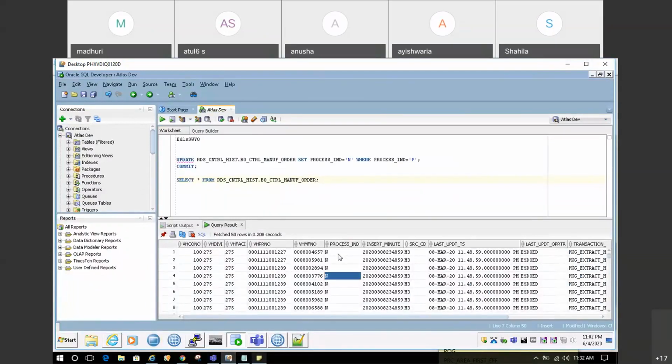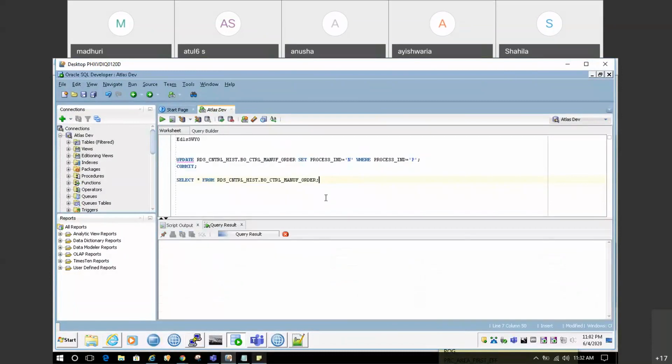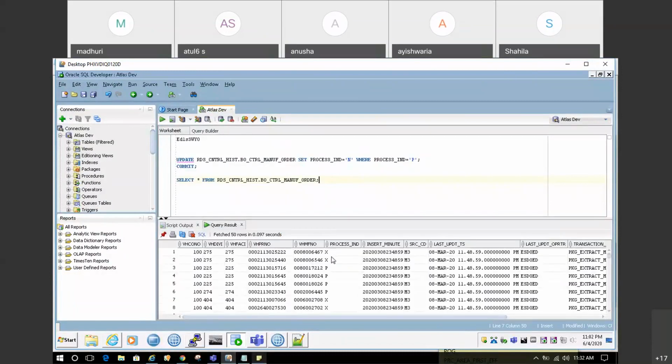You can see the process indicator, for a few of the messages, will get changed to P. You can see many are in X state. First it will go from N to X, and after getting processed, it will go to the state P. P means this message got processed. And X means it is